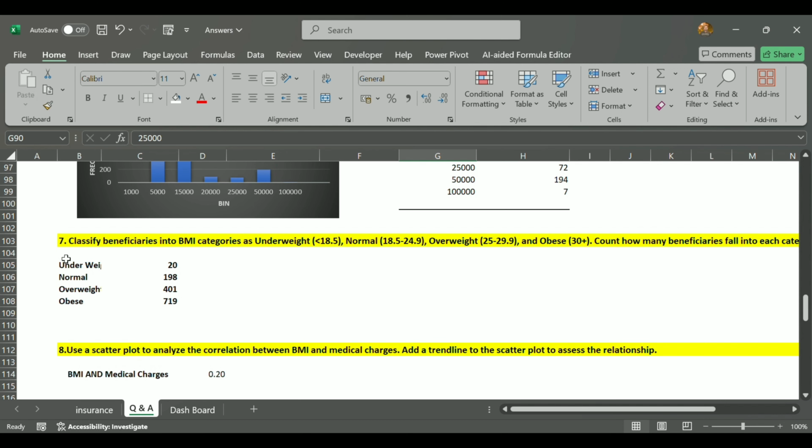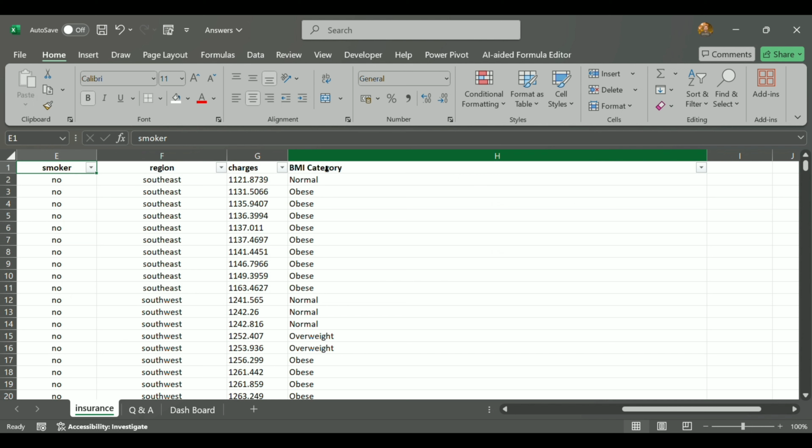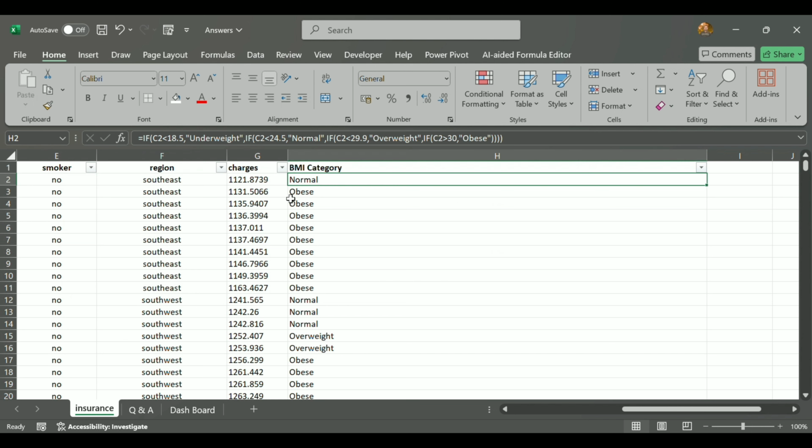Okay, and classify beneficiaries into BMI categories as underweight, which is less than 18.5, normal 18.5 to 24.9, overweight 25 to 29.9 and obesity 30 plus. So okay, let's go to the data, and I created the column because we need to create the column BMI